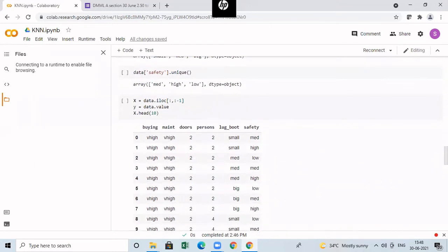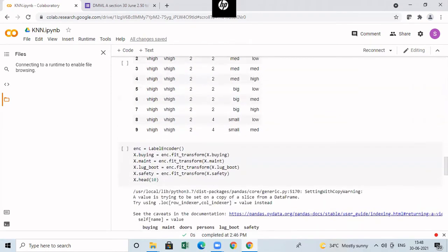Now, let us separate our data set into features and then target class. So my target class is only the last column. All the remaining columns are my features. So I'm going to store all the features in the data frame called X, and then the last column I'm going to extract, that will be stored in Y. That is my target class. Then I'm displaying 10 rows in my X alone. If you consider now, the value column is not displayed, that is the target column is not displayed.